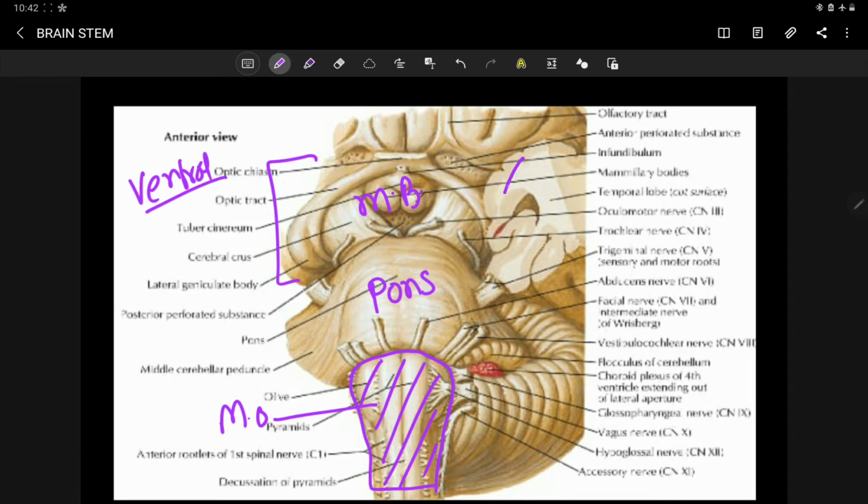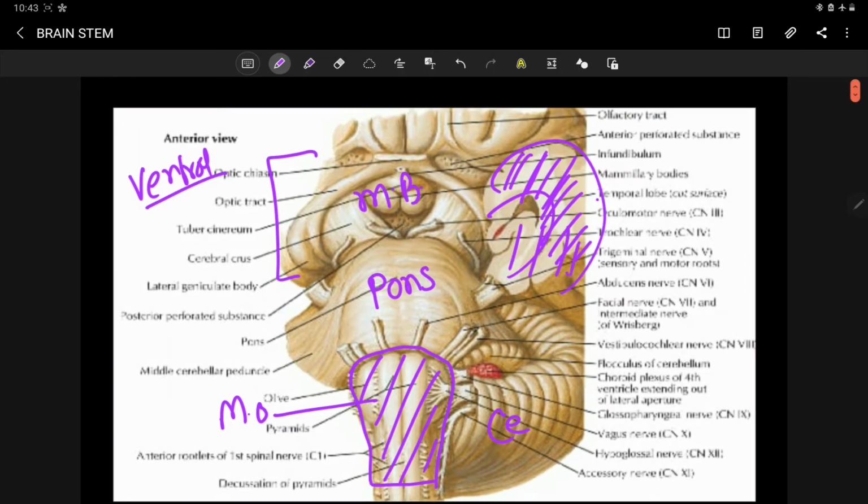Midbrain. And what is this cut section? Can you tell me? This cut section is actually the removal part of your cerebrum, the temporal lobe of the cerebrum. And you can see this is your small brain or cerebellum, this much region. So this is the basic orientation. So your cerebrum and cerebellum is not included here.